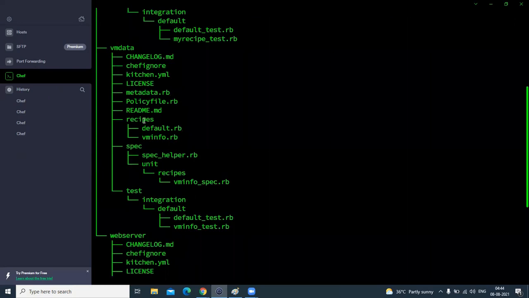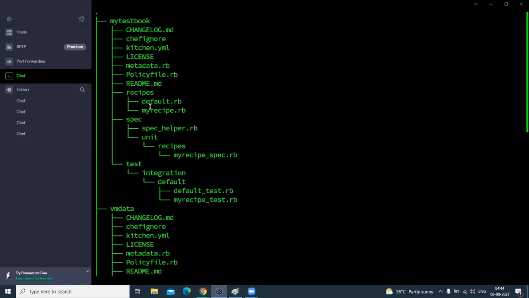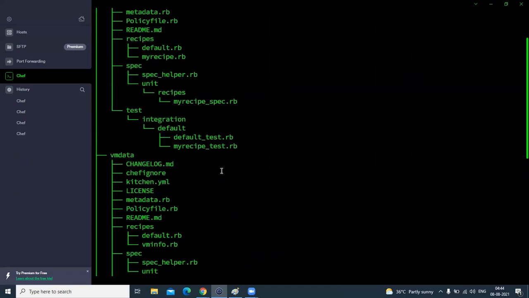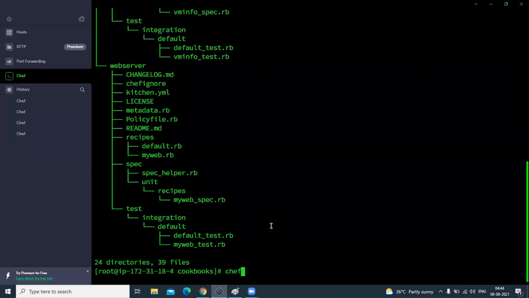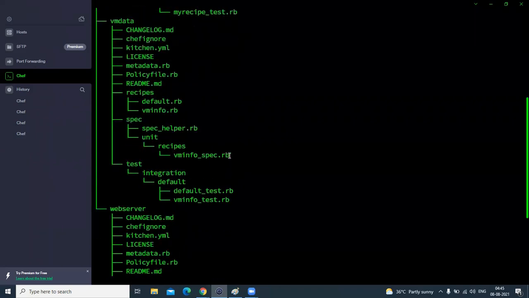Cookbook name is VM data, VM info, my recipe, my test book. Okay, so let's run chef-client -zr double colon recipe. The cookbook name is my test book, double colon, my test book, and the recipe name is my recipe,